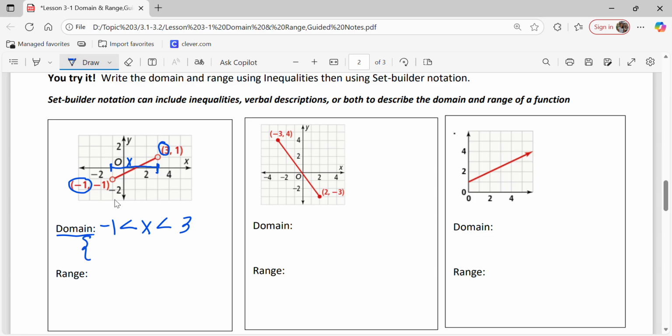And then writing it in set builder, all values of x such that -1 is less than x, less than 3. My range,